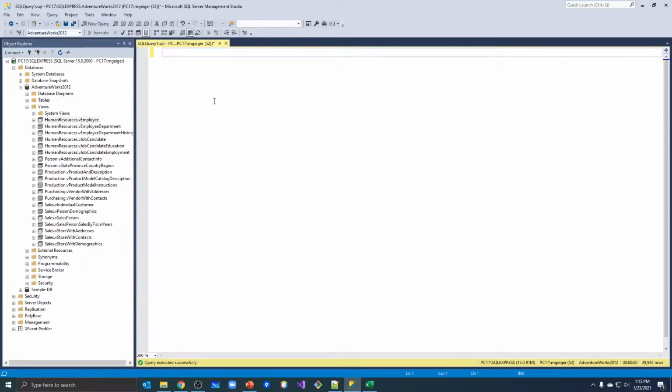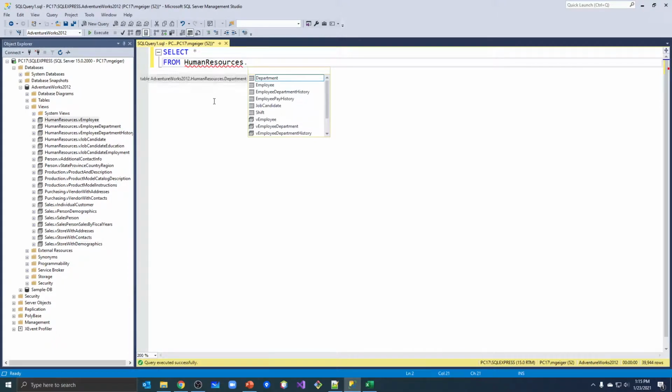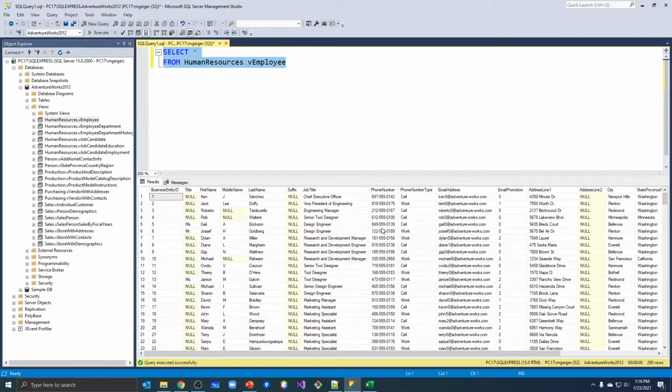Okay, so let's do a select from that. So I'm going to do select star, asterisk, from HumanResources.vEmployee. Let's just see what that returns to us. So you can see that this view contains business entity IDs, first name, middle name, last name, their job title,